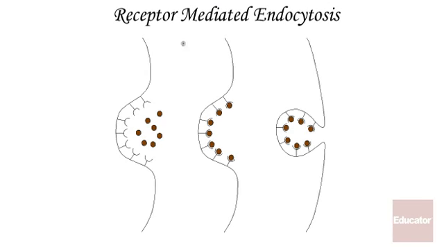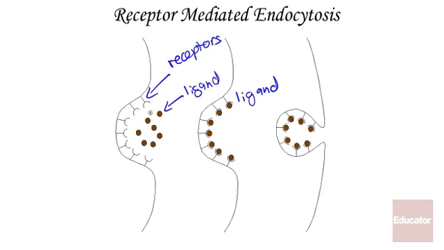There's another type of endocytosis known as receptor-mediated endocytosis. And what this allows is for the cell to take up specific molecules. So the receptors shown here have specificity, the same way that an enzyme has specificity for its substrate. Here we have a substance that's going to bind, and once it's bound, it's called the ligand. So you have a receptor and the ligand, and these two are specific. They are shaped and they have a specificity to one another,